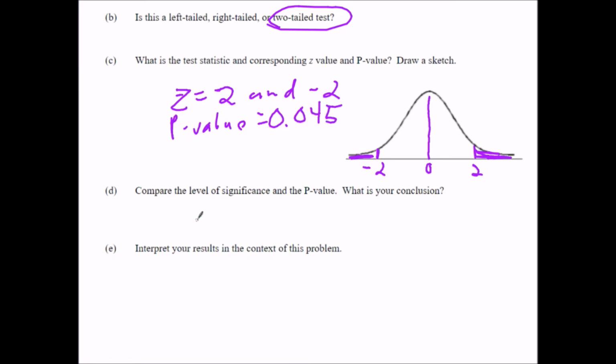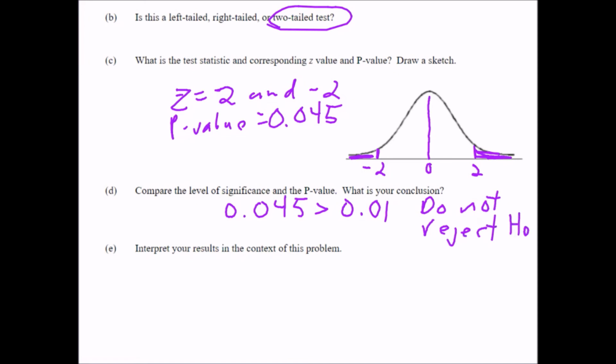Now, letter D, compare the level of significance and the p-value. What is your conclusion? 0.045 is greater than our level of significance, which is 0.01. If the p-value is greater than alpha, we do not reject H naught, or another way to say that is we accept H naught. Now again, we're not saying it's true, but if we go to the interpretation, what we're saying is there is not enough evidence